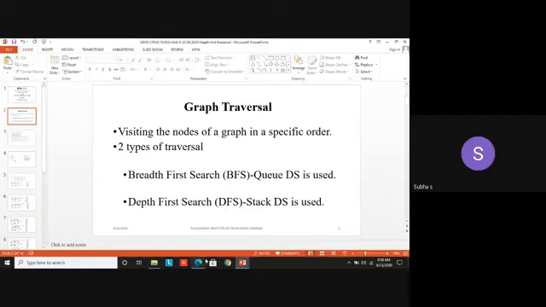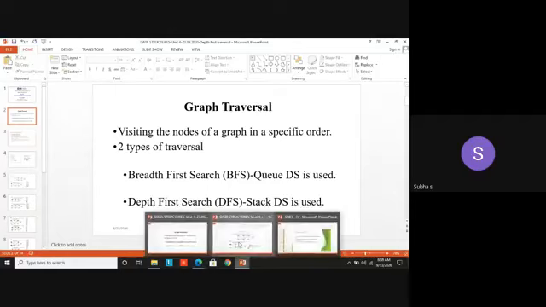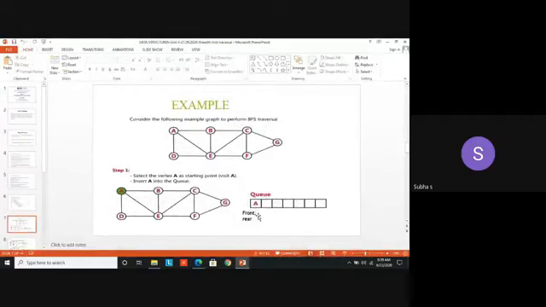In the last class, we saw about the breadth first traversal. Let's have a quick revision about that. We saw this example. Are you able to recollect it? If you have any doubts, you can ask. So consider this graph. You can start from any vertex. Initially, all the vertices are unvisited. The ultimate objective of these traversals is to visit all the nodes. Traversing means visiting. You should not miss any one node.